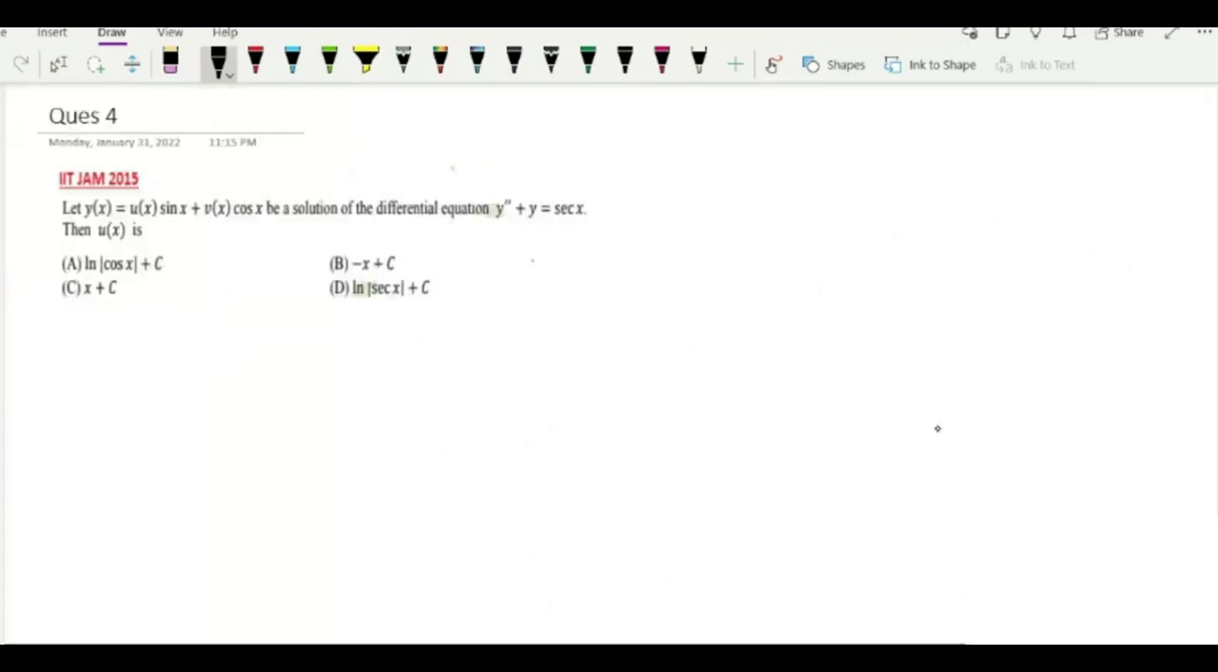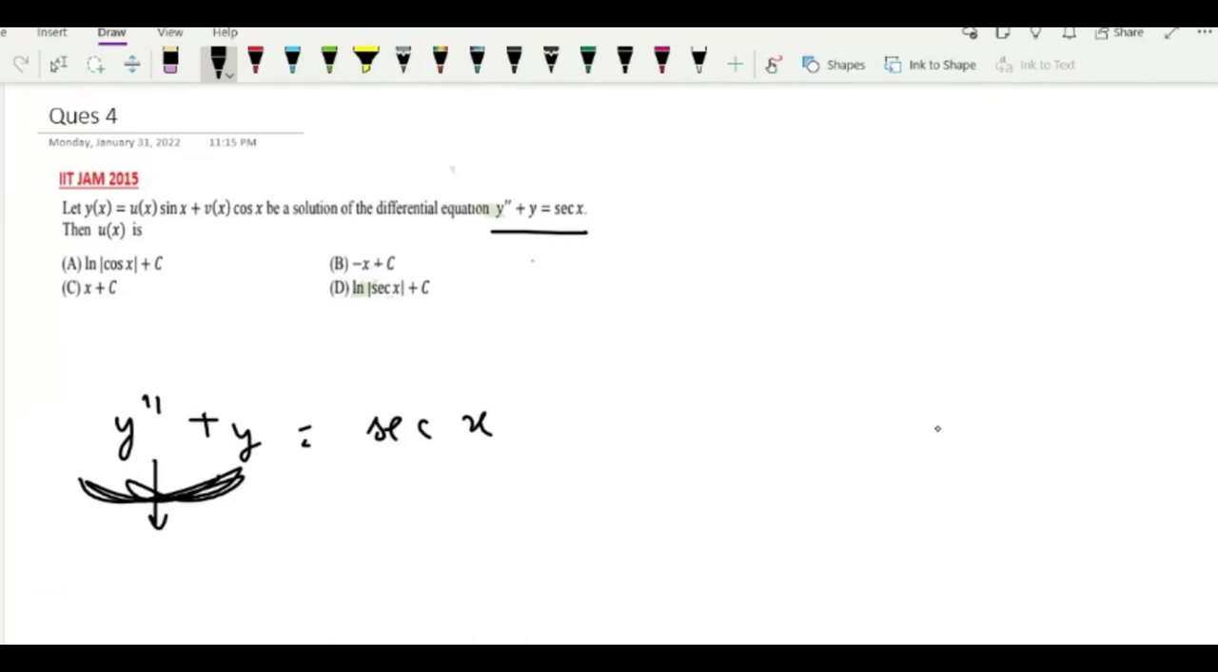Now moving to our next question. The next question is from IIT JAM 2015. Let y(x) is equal to u(x) into sin x plus v(x) into cos x be the solution of the differential equation y double dash plus y is equal to secant x. Then u(x) is what? Here you can see within a second that this is a constant coefficient equation,